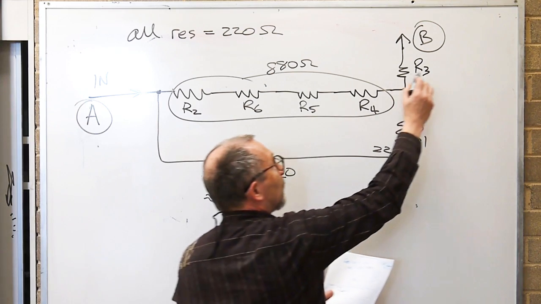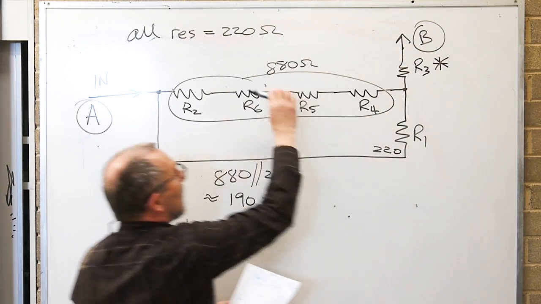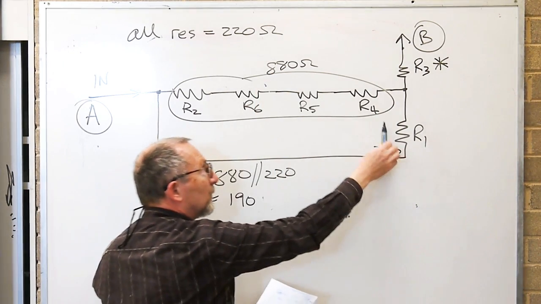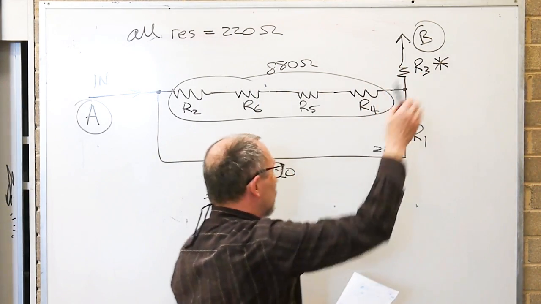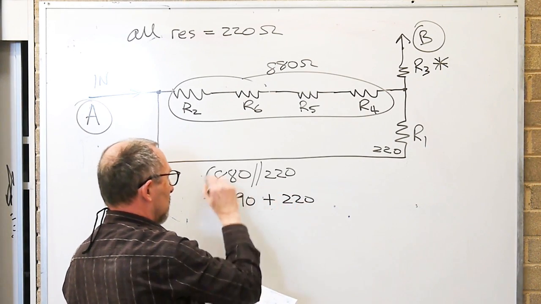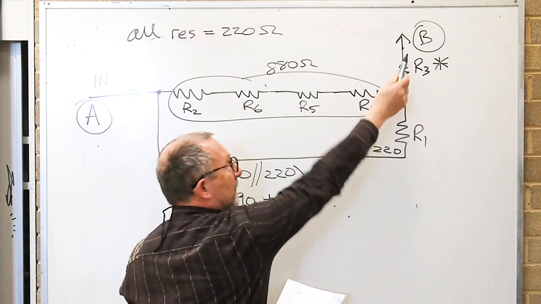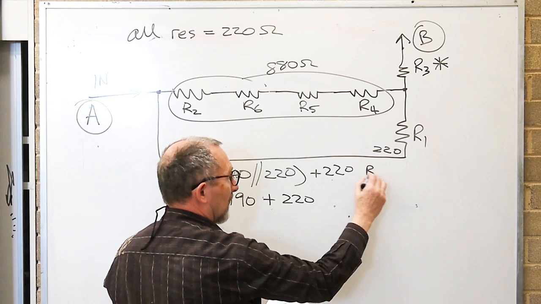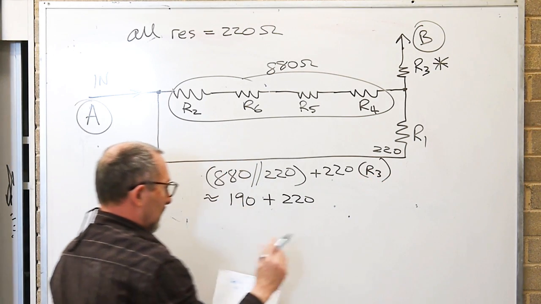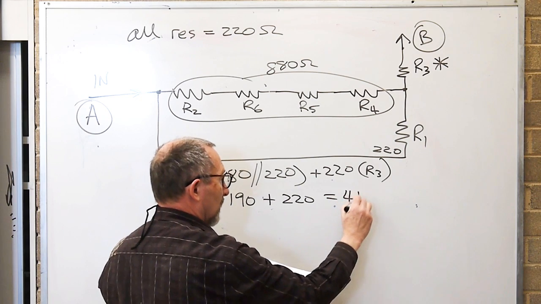Add the 220, don't forget this, that's 220 ohms on the output, so 880 in parallel with 220, added to 220. Maybe I'll do that, showing that 220 there is the very last resistor, R3. That gave me 410 ohms,